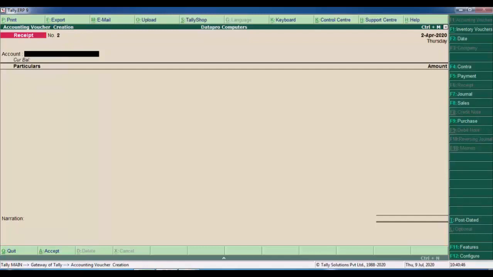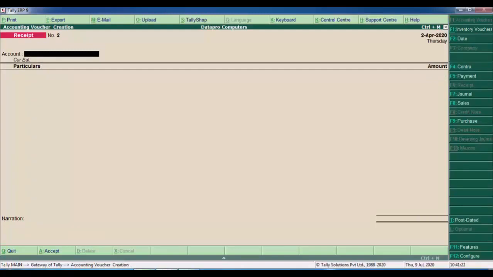If you want to check your previous vouchers, you can press the Page Up button on the keyboard. So you can check the previous voucher. What is the shortcut key? Page Up. If you want to check the next voucher, you click on the Page Down button. We have only one voucher, so you can check with Page Up. This is the capital voucher, cash to capital. You invested 15 lakhs, and for a new voucher, Page Down.